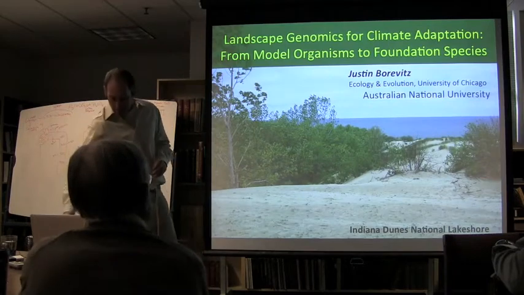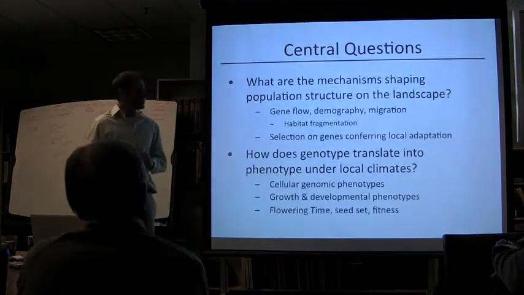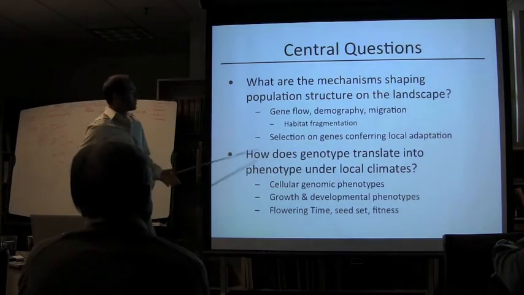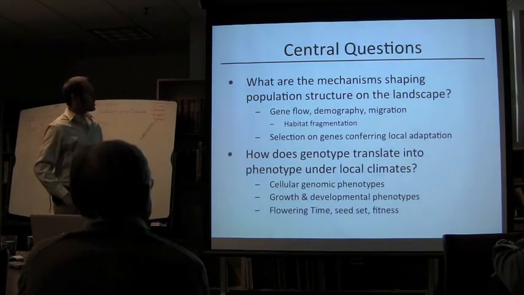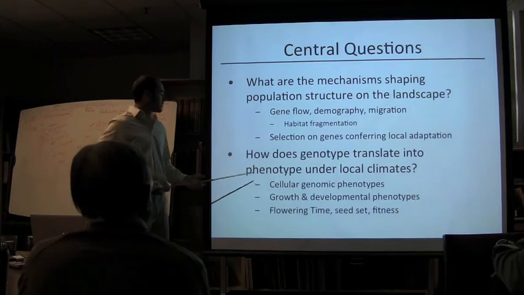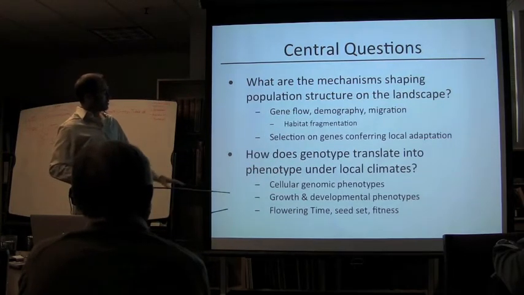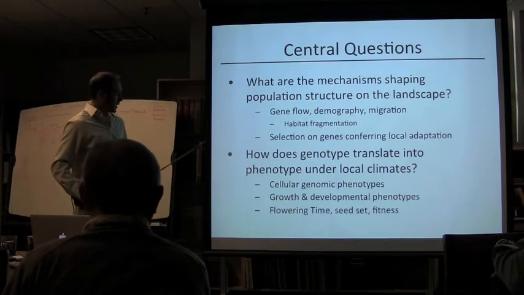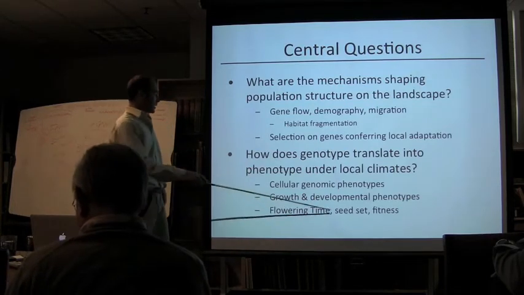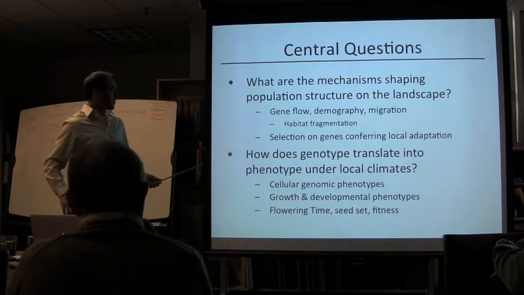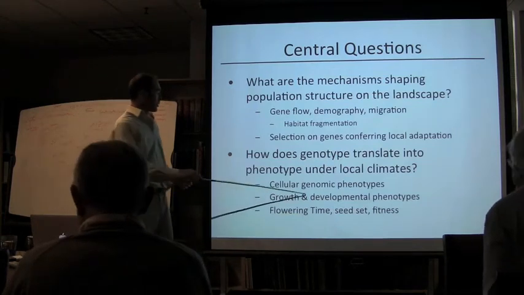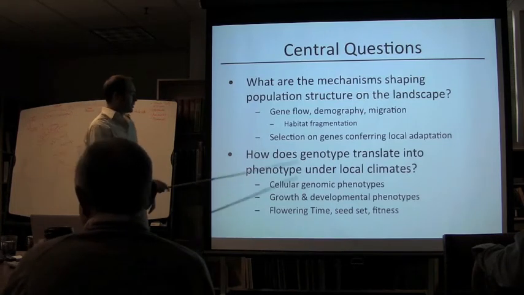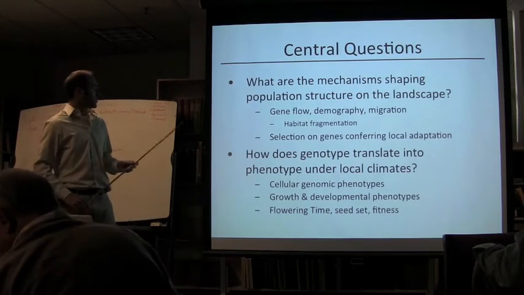And so the work in my lab essentially tries to answer a couple of questions. This one, genotype to phenotype, is well popularized in human genetics, genome-wide association mapping. And we can try to look at phenotypes at multiple different levels. I'll focus on flowering time, a very important adaptive trait, and the indirect measures of seed set and fitness, but also show you a little bit about growth and development in real time with some new simple phenotyping approaches.